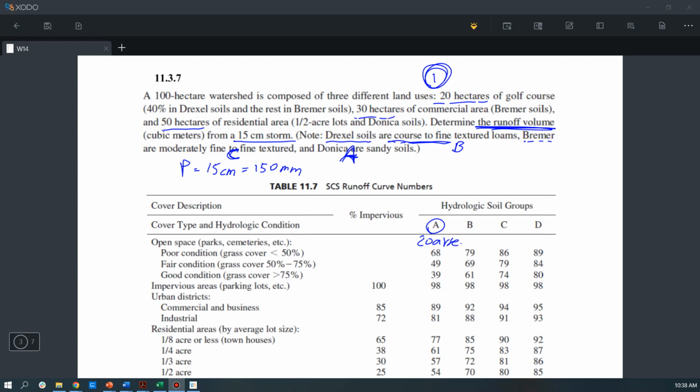So the golf course can be viewed as the open space and is in a good condition because it's mainly covered by grass. Okay, and it tells us we have 40% in Trixo soil and the rest in the primer soil. So that means we need to use the value for Trixo is in category B group. So this value